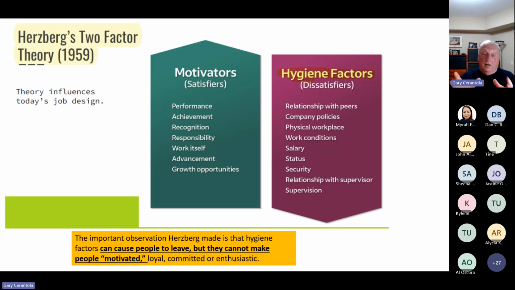And then another piece is that on average, it costs 6 times the annual salary of a worker to recruit a replacement. 6 times the annual salary. So not only is the organization losing money in terms of cost, but they're losing all these other things that are associated with that. So I think Herzberg's two-factor theory really puts things into perspective on what you should be looking at in an organization.